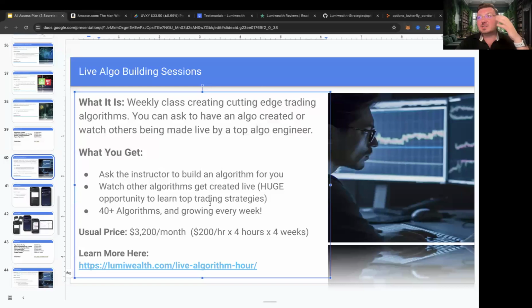So if you want to hire someone to do this for you, and to be honest with you, this wouldn't even be the same. But just the development work is $3,200, right? Not to mention all the stuff that you get from the community and all the different ideas. But just the development work alone would cost $3,200 a month, right?